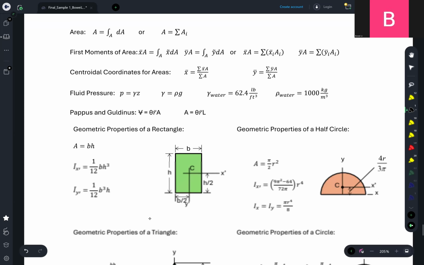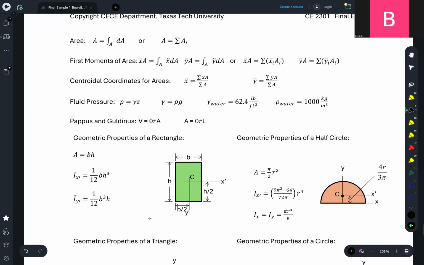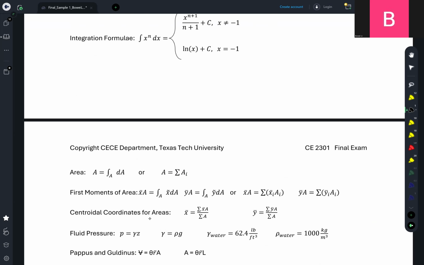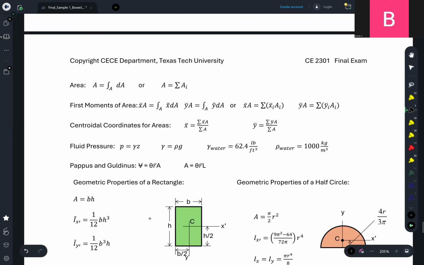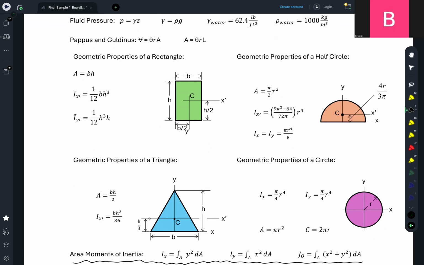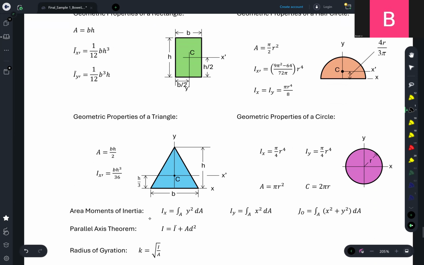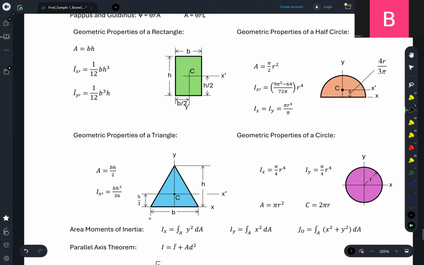It gives the centroidal coordinates of area. For a composite area it is a summation because it is in discrete form. And for our triangle here,